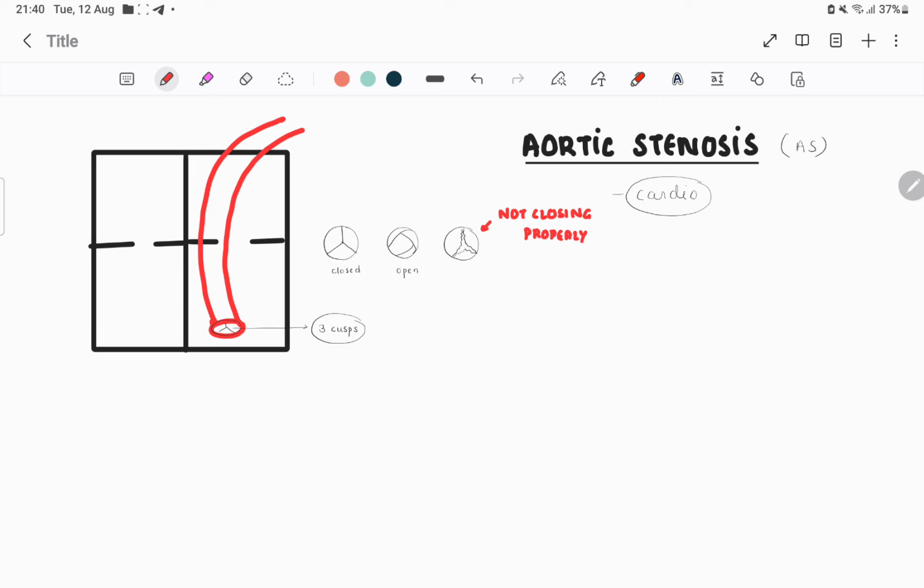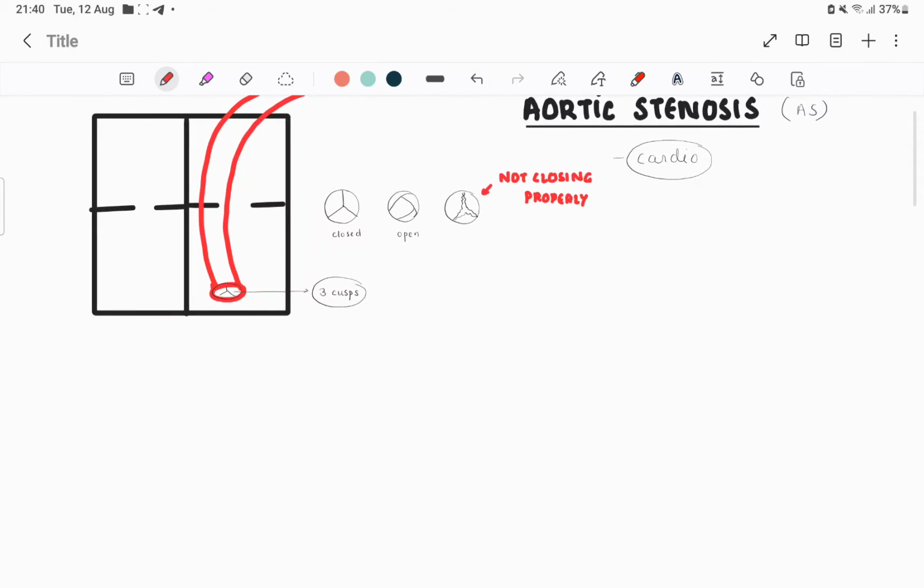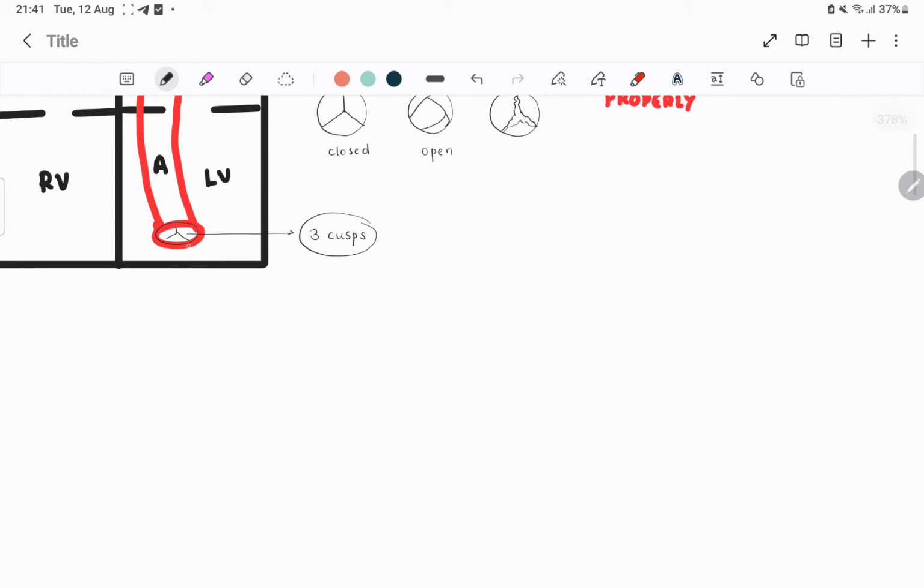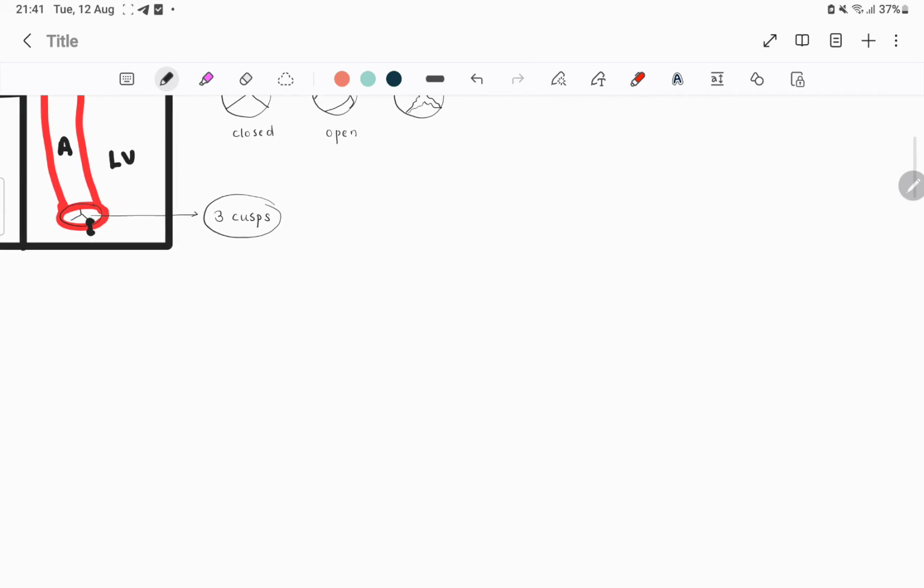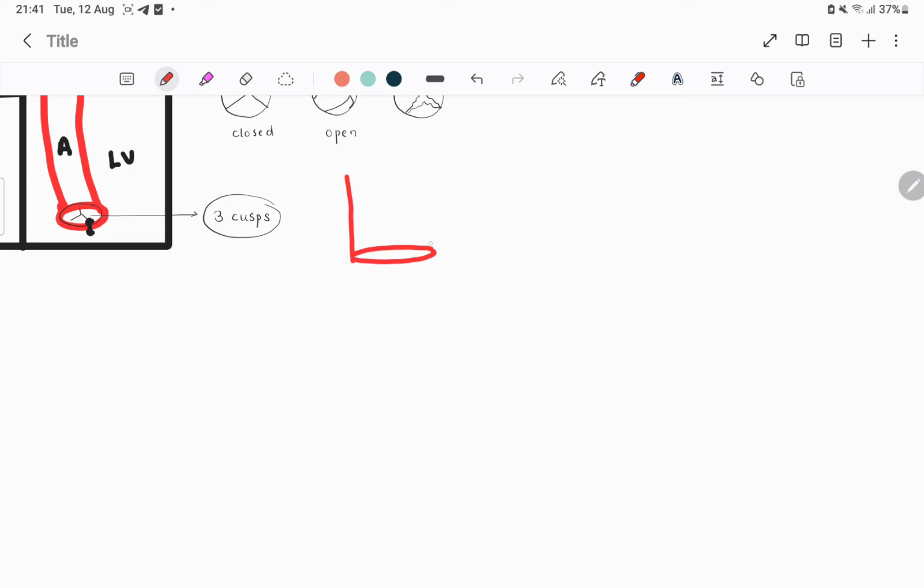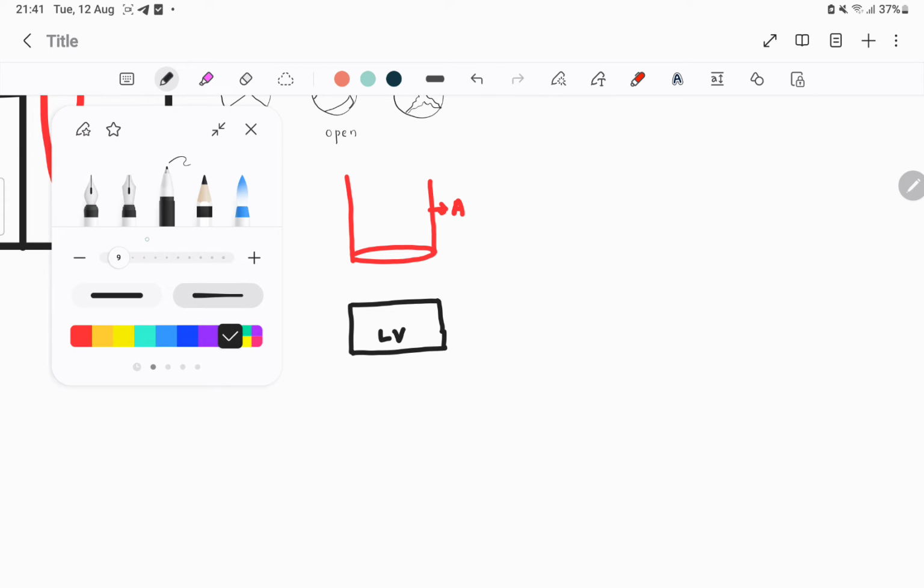It is stenosed. So basically what happens is that we have, this is the left ventricle, let's say right atrium, right ventricle, left atrium, left ventricle, and this is the aorta. I am writing A. So there is a gradient between LV and A. Let's consider this as A, that is aorta. And let's say this is a part of our left ventricle. So remember